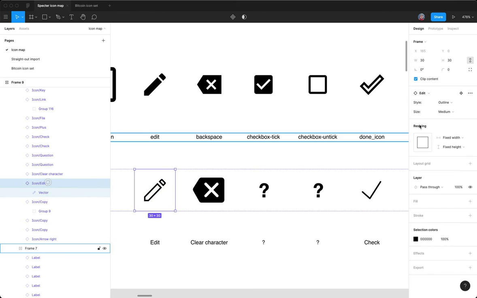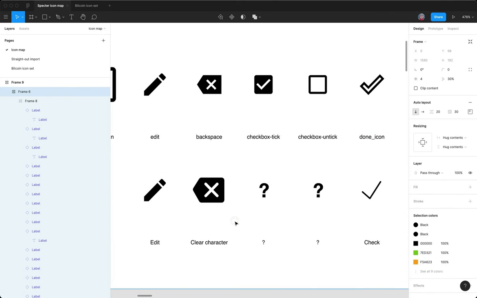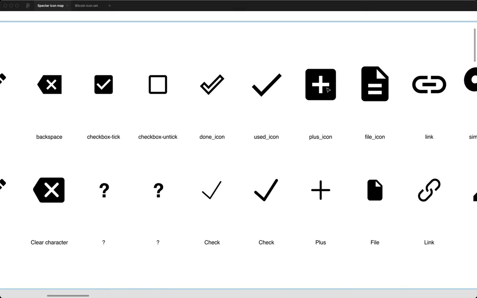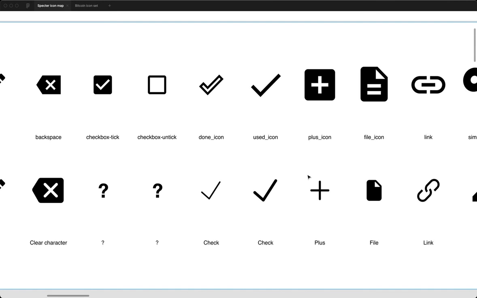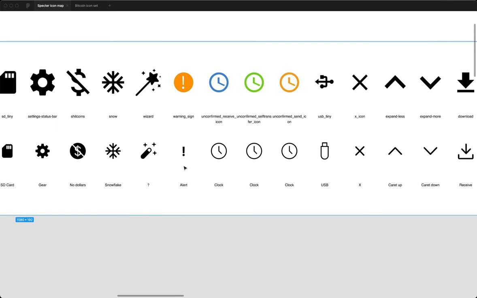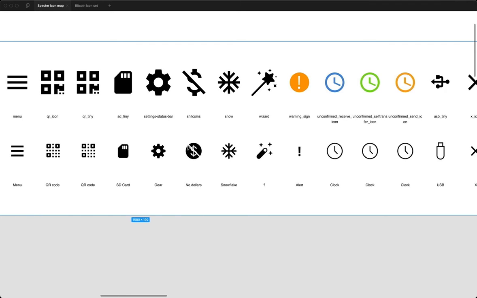Here, this edit one, there's also a filled style. Maybe that one fits a little bit better. Clear character. There were some like this plus here in a square and this checkbox in a square, where I'm wondering if it's not easier to just have a single plus or a single check icon and then render the square in HTML as an HTML element. Makes it also easier to control the background and the size. The same thing applies to this alert icon, and I think also the info icon that's used in a few places. So I was just wondering,